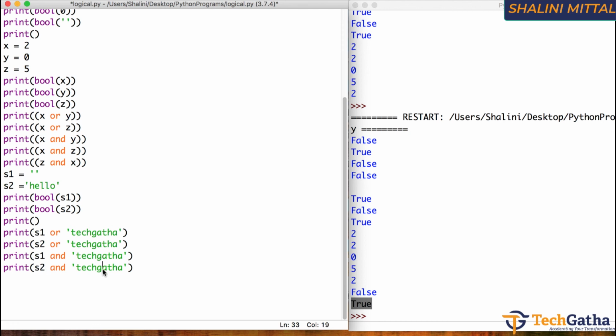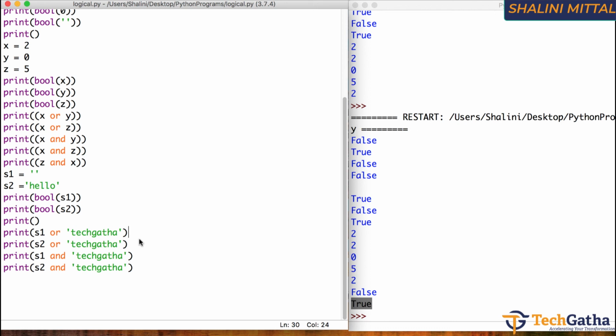Before I actually execute, I would want you to take a pause and write down your solutions as to what you think will be the output. Will it be s1, will it be Tech Gatha, will it be true, will it be false, or whatever it is. Take a pause over here and then come back and see the results.